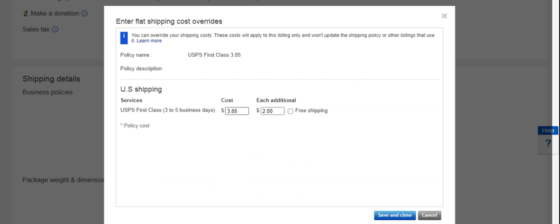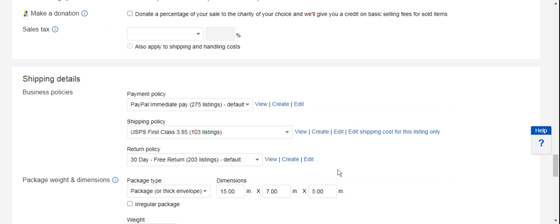See here, this is the default payment policy for this particular shipping policy. I charge $3.85 for this particular shipping policy. Now I can change it to free shipping if I want to for this particular listing only. It doesn't change the original shipping policy, just the one on this listing, if I wanted to, but there's no need for that. Now if I want to create a completely new one